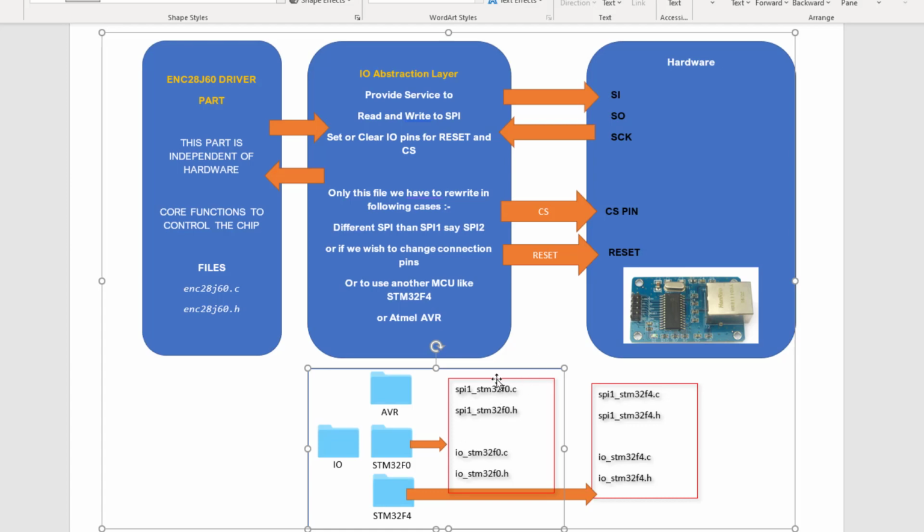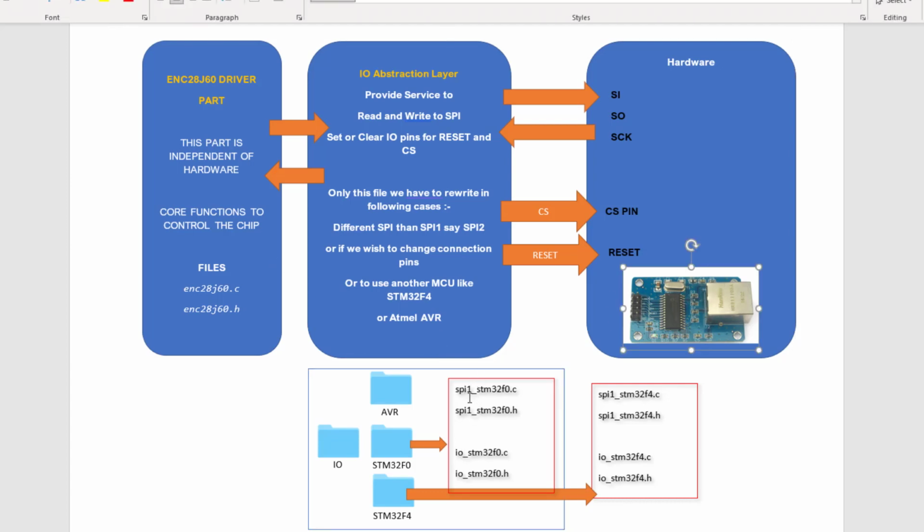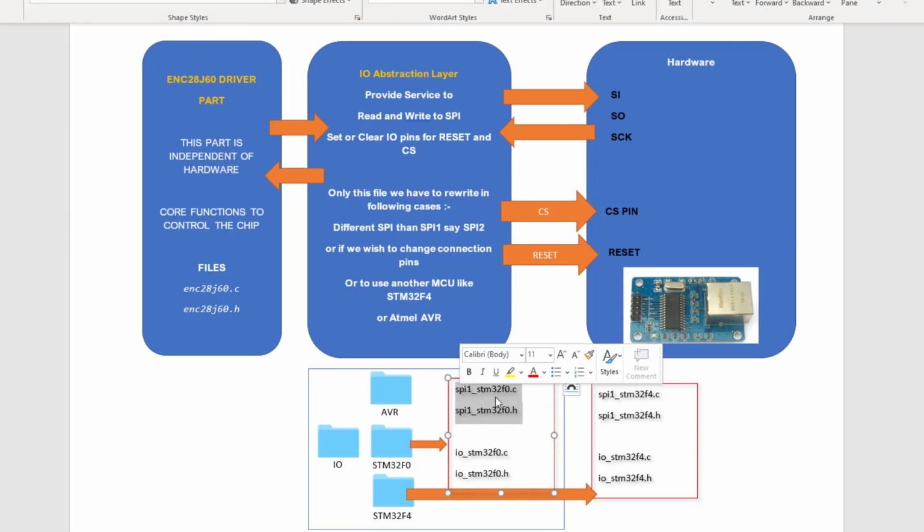And suppose in the future you want to connect our Ethernet controller not to the SPI1 port but to the SPI2 port, then again we will create a new set of files.